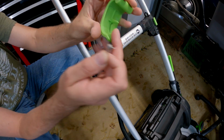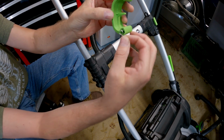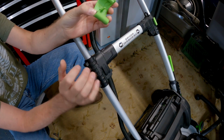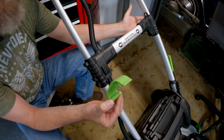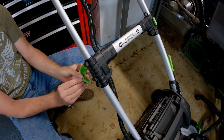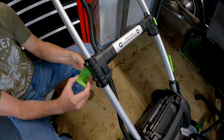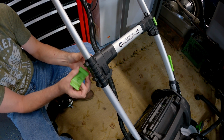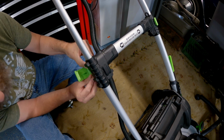Here's the new one with the nice nub on it, and again it has the circle on one side and it has a little relief right here. So I just take that spring and stick it right in that hole right there, and that gives me the motion that I need. This is to keep it held open for you while you're working on it. It springs it open so that it doesn't try to shut on you when you're trying to move the handles up and down. So all I got to do is hold that spring in place and get this guy in place as well. The little lip of the spring sticks out onto the plastic housing to secure it, and then it's just going to slip in place